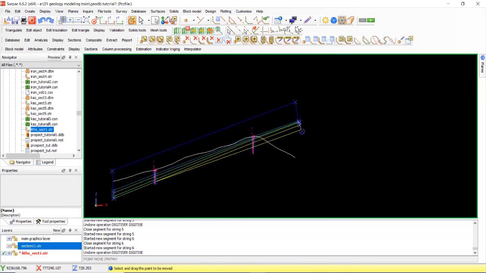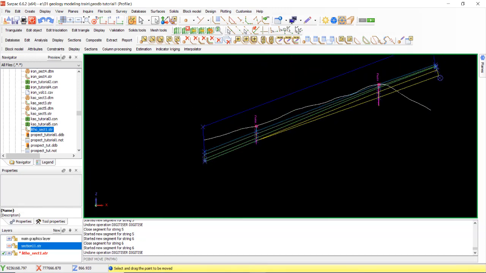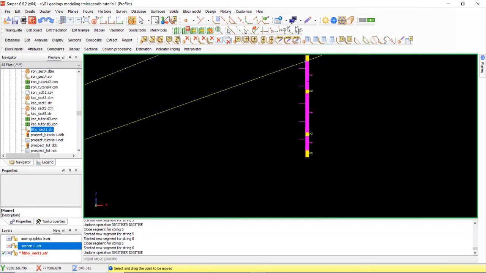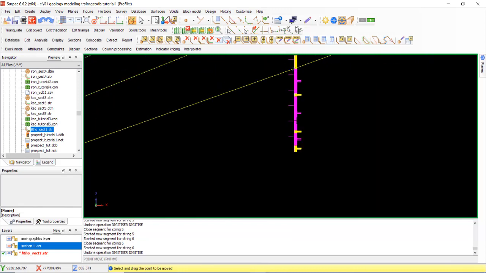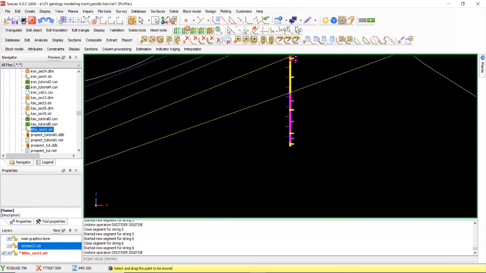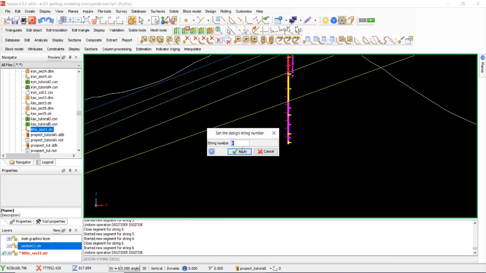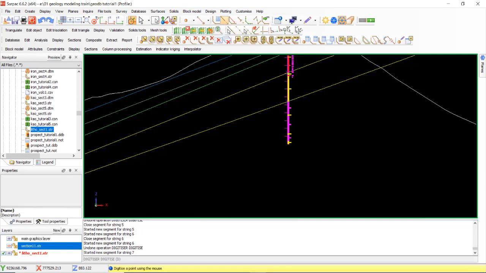The other lithology is andesite, which must be the same sequence. Escape, string 7. Point, string 7.